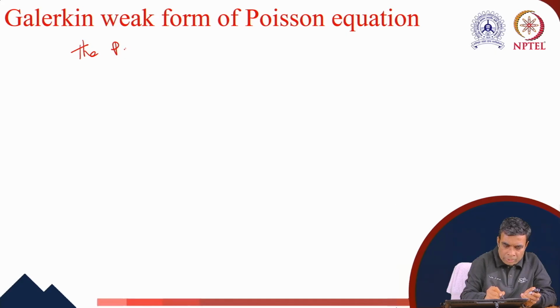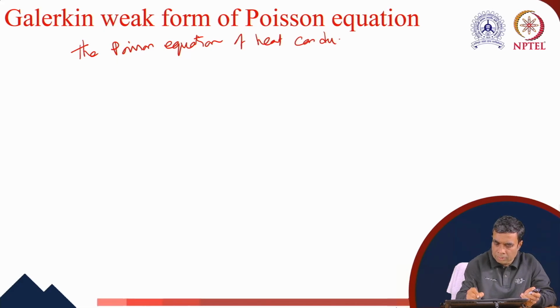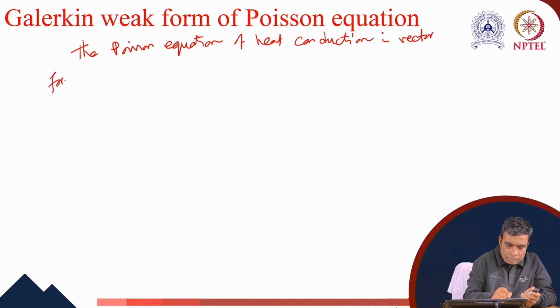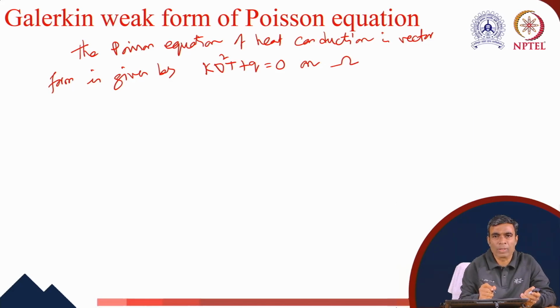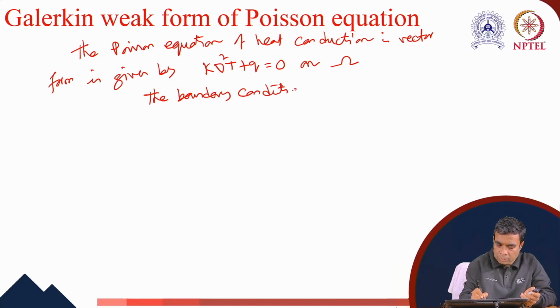The Poisson equation of heat conduction in vector form is given by k del square T plus Q equals to 0 on omega. Now we consider 4 types of boundary conditions. The boundary conditions are as follows: